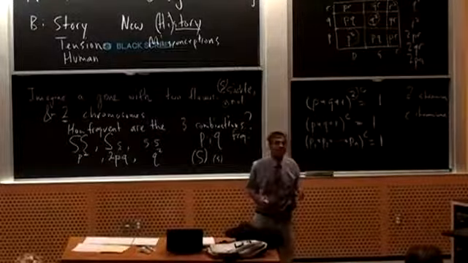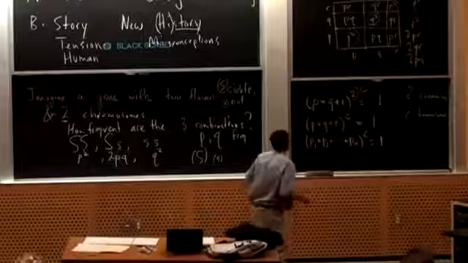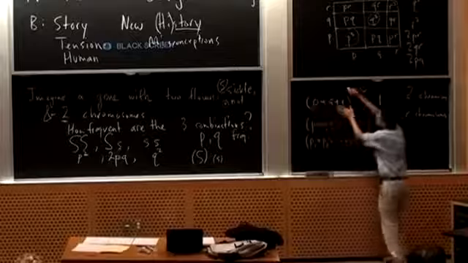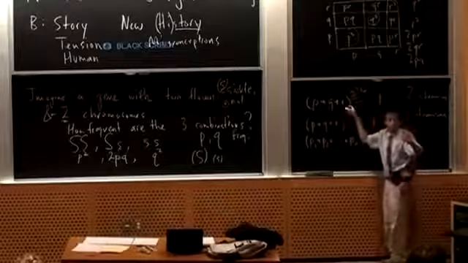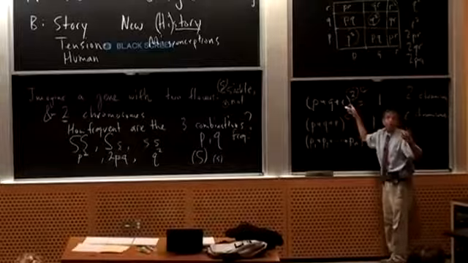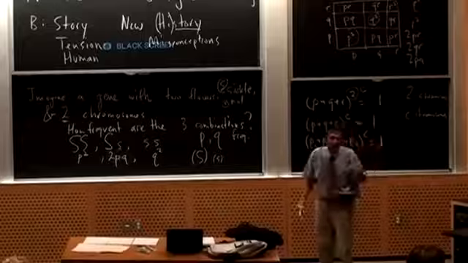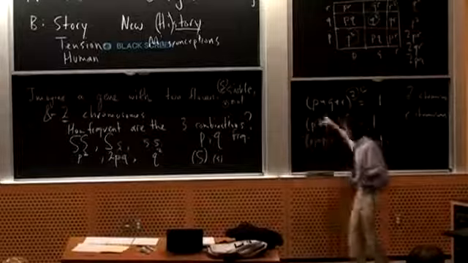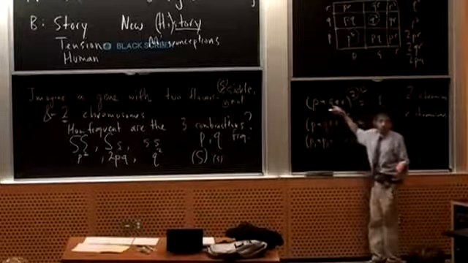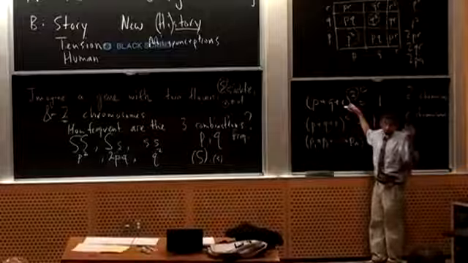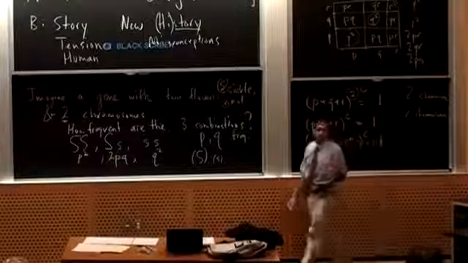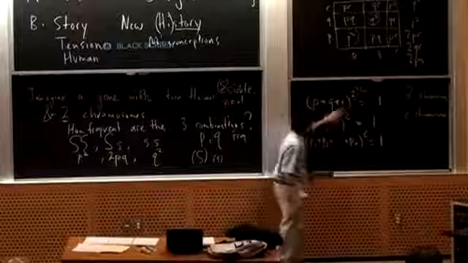Why do they have to add up to 1? Oh, they have to add up to 1 because P plus Q plus R, if you only have 3 kinds of gene, 3 flavors of the gene, either you have sickle cell A, B, or C, let's say, then these are probabilities. Yes, frequency, probability. So P plus Q plus R equals 1.